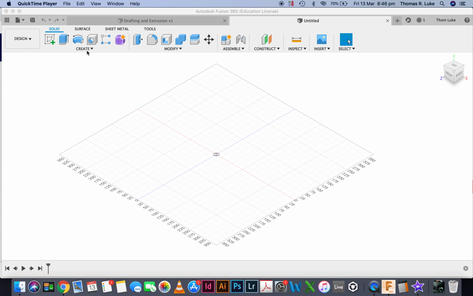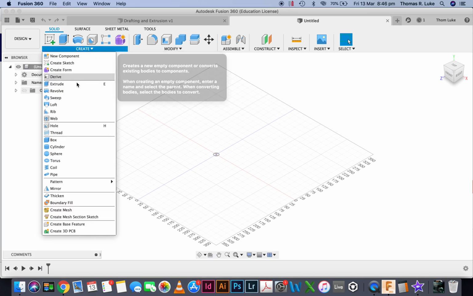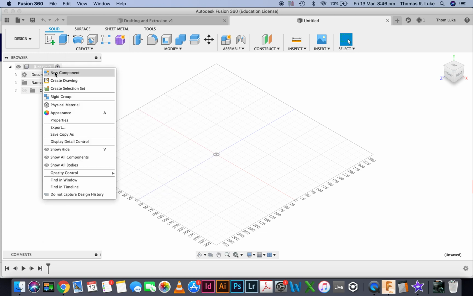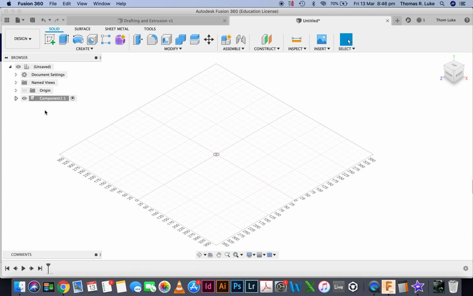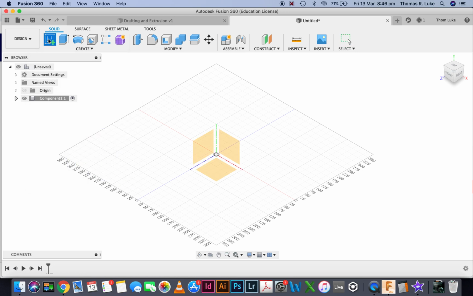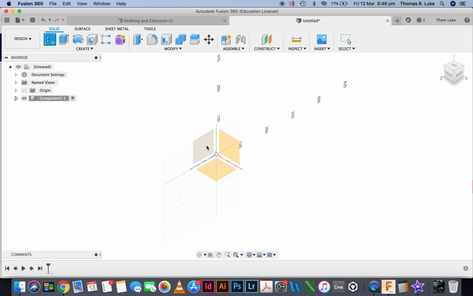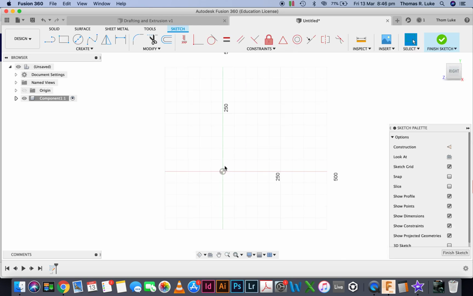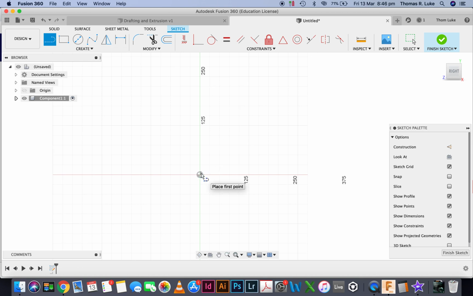So in this video, what I want to talk to you about is revolves. As per the last video, before we start, let's create a new component. To create a revolve, like extrusions, we need to create a sketch first. This time, let's use the right plane. I'm going to come in, and when I do this sketch, my first example, I'm going to reference the origin